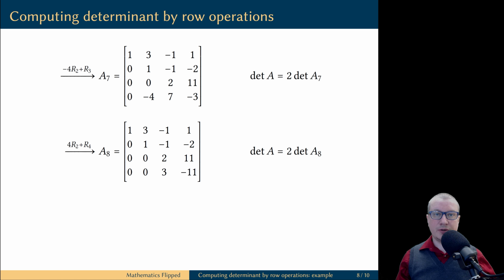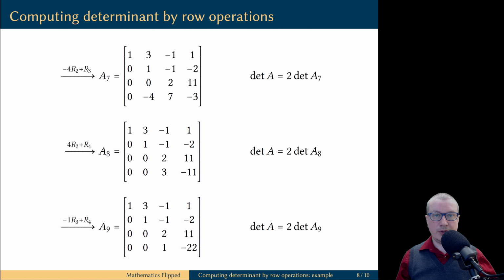We have produced zeros below the next leading one, so now we forget about this second row and we work with the submatrix that remains. This submatrix consists of rows 3 and 4. We locate the leftmost non-zero column, which in this case is column number 3, and again, we want to produce a 1 at the top of this column. Of course, you can scale row 3 by 1/2, but if you want to avoid introducing fractions if possible, then an alternative approach would be this. First, we're going to multiply row 3 by -1 and add this to row 4.